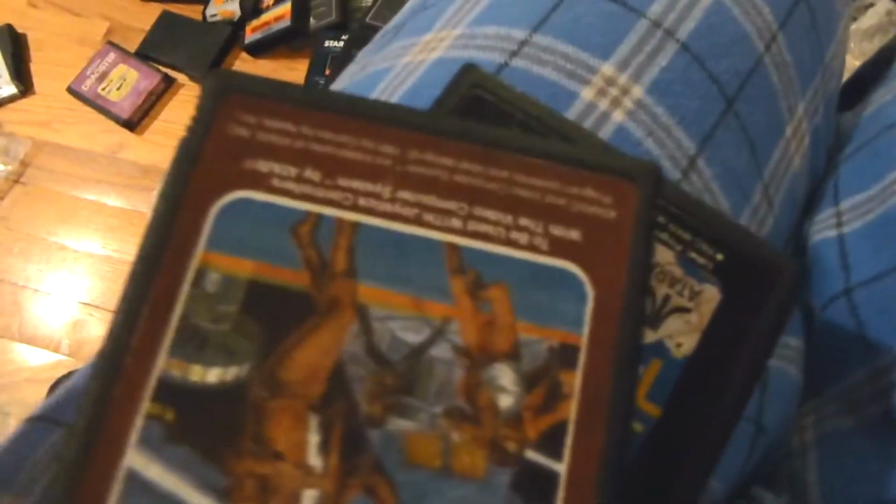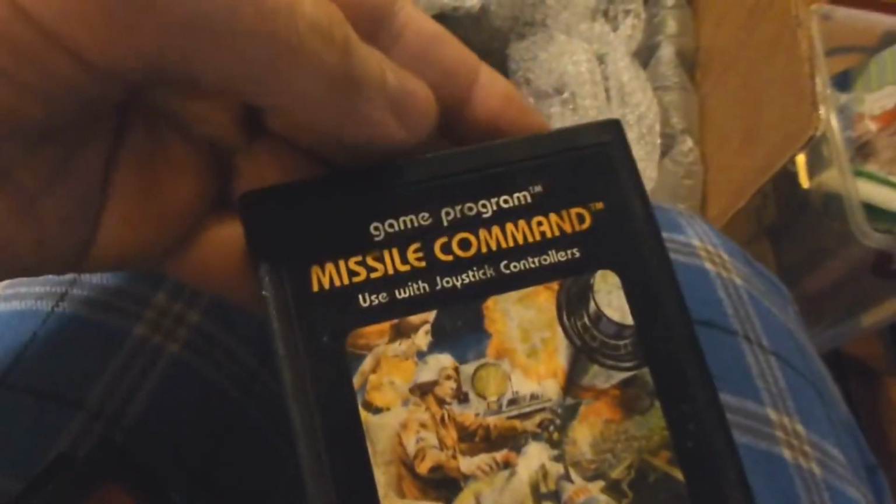I plan on cleaning these up and restoring them a little bit. Warlords. That's my pajamas. Infiltrate. Pac-Man. Holy crap. Look at all this stuff. Mousetrap. How many games are in here? Missile Command, Super Baseball, Berserk,